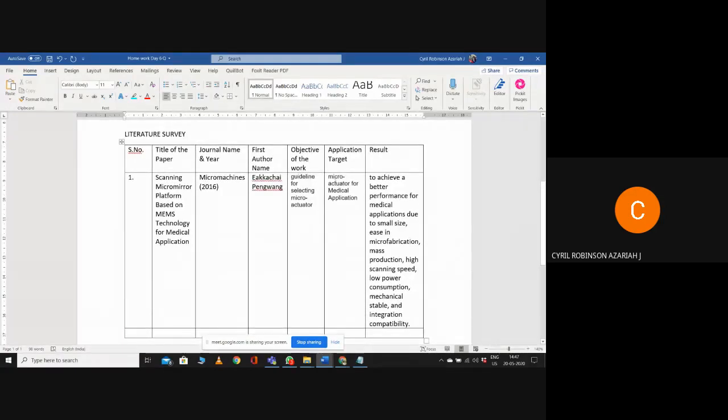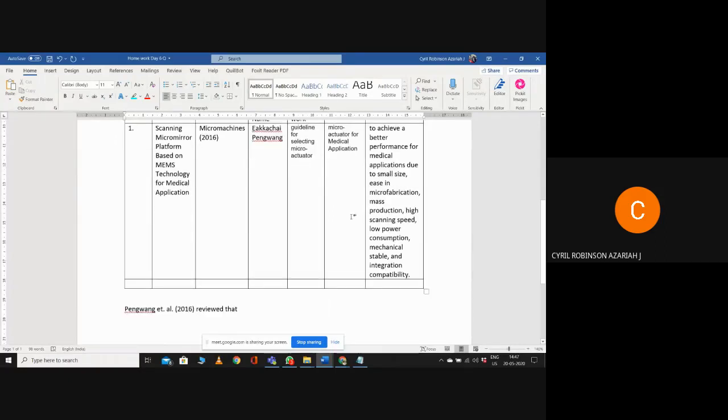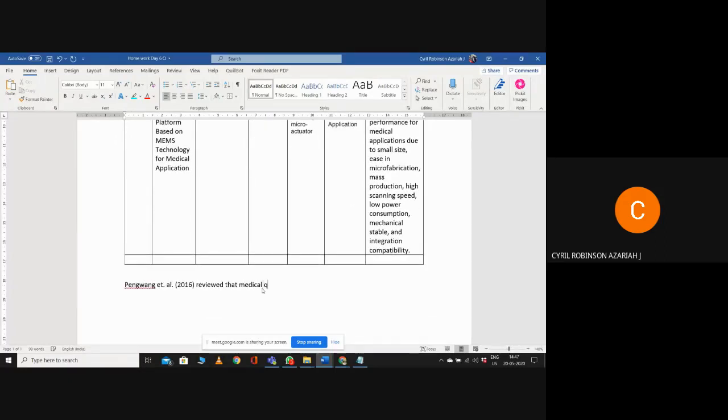What they reviewed: microactuators can be used for medical application. Mention that microactuators can be used for medical application.